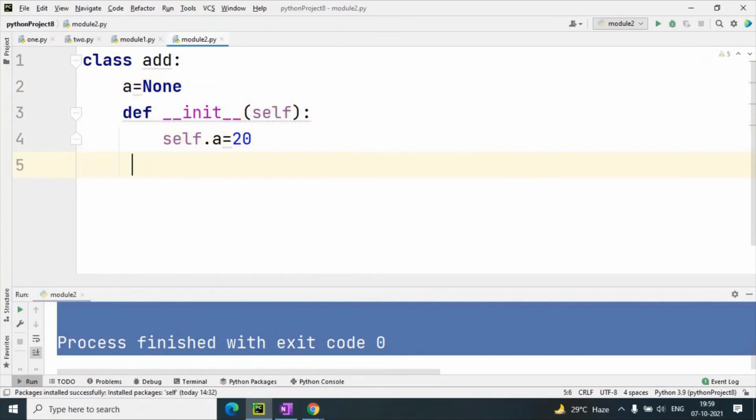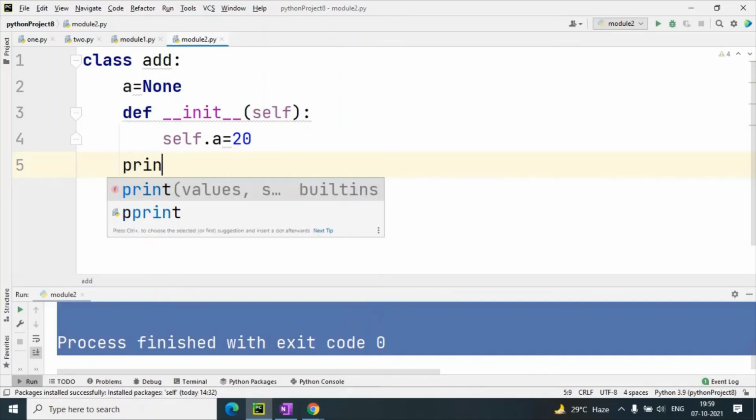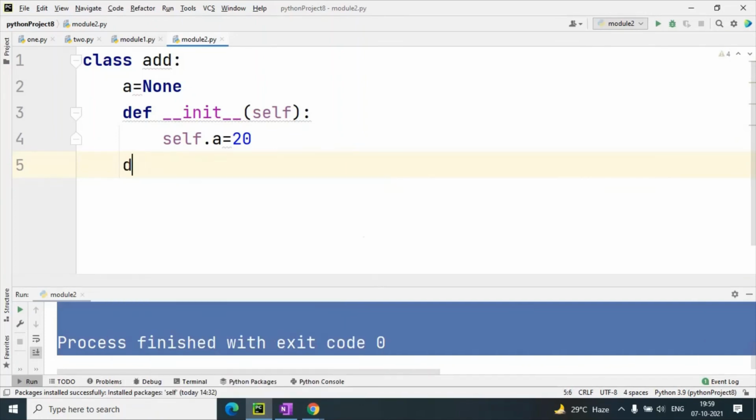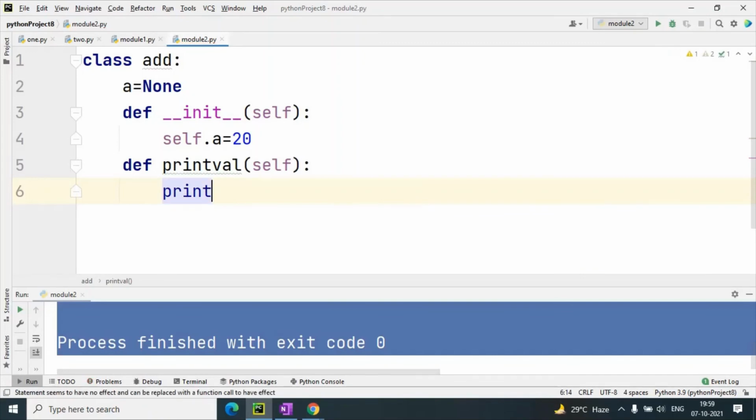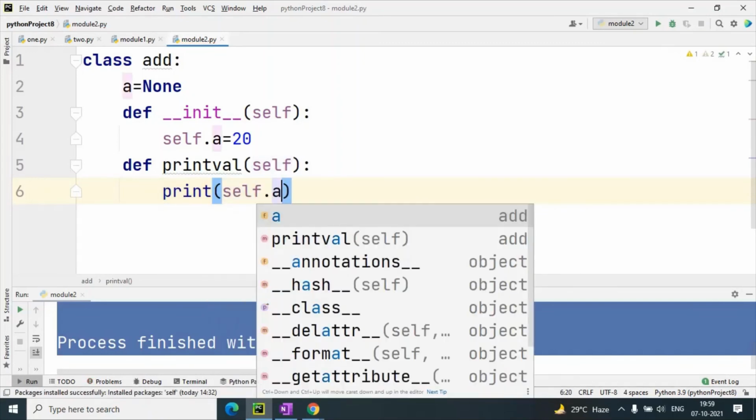And I have one method, def print val, and here I just print the value of self dot a.